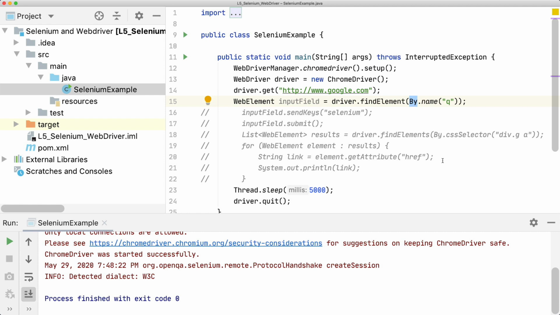Some common Bys include By.className, By.id, and By.cssSelector, which lets you search the website's elements by common HTML and CSS identifiers.